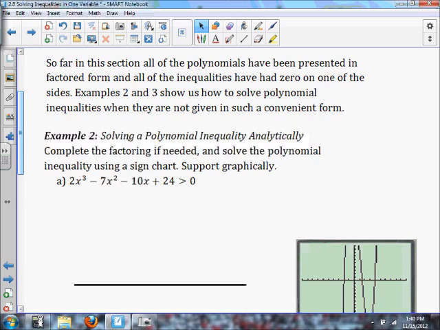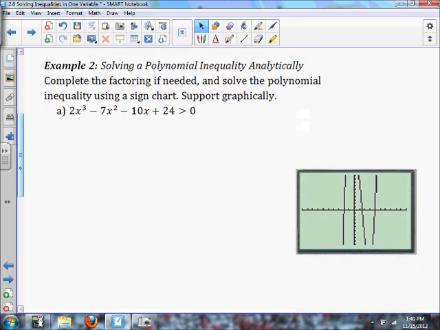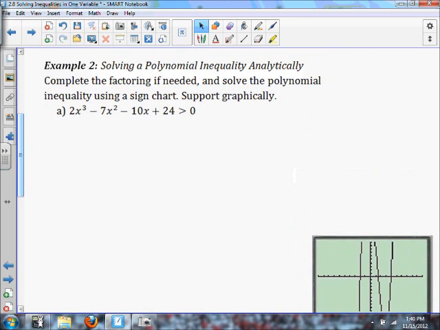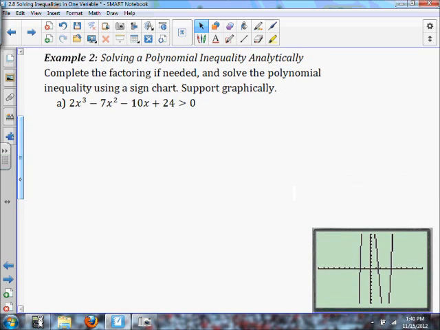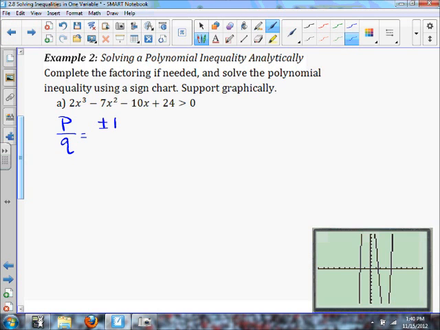So far in this section, all the polynomials have been presented in factored form and all the inequalities have had 0 on one of the sides. Examples 2 and 3 show us how to solve polynomial inequalities when they are not given in such a convenient form. So, if we look at example 2: complete the factoring if needed, solve the polynomial inequality using a sign chart, and support with a graph. Well, my p's over q's, so my possible rational zeros, are all the factors of 24